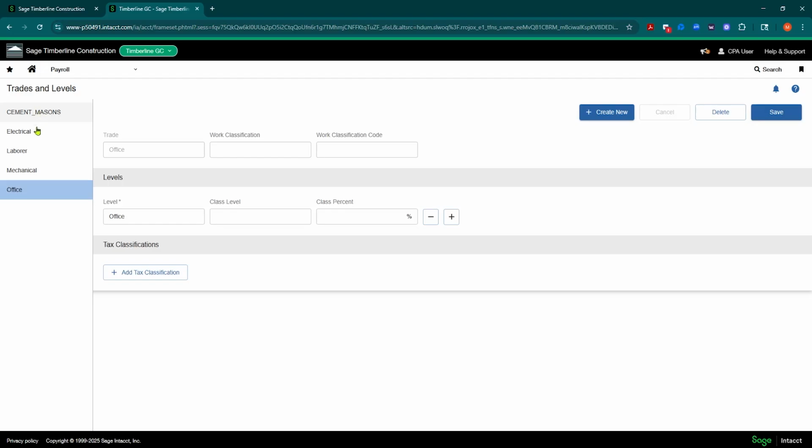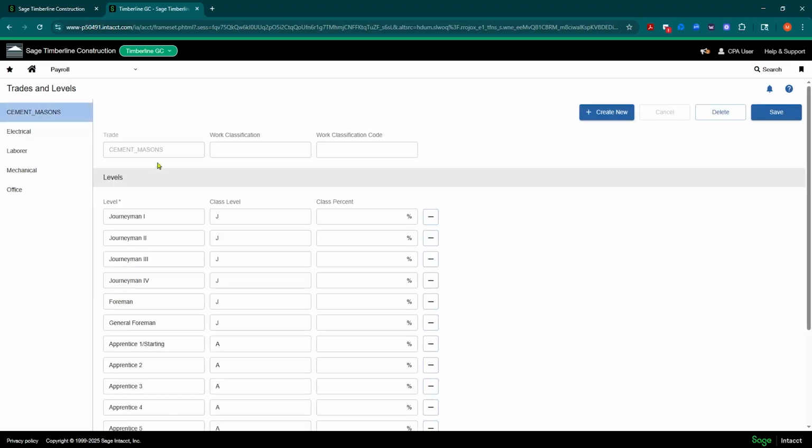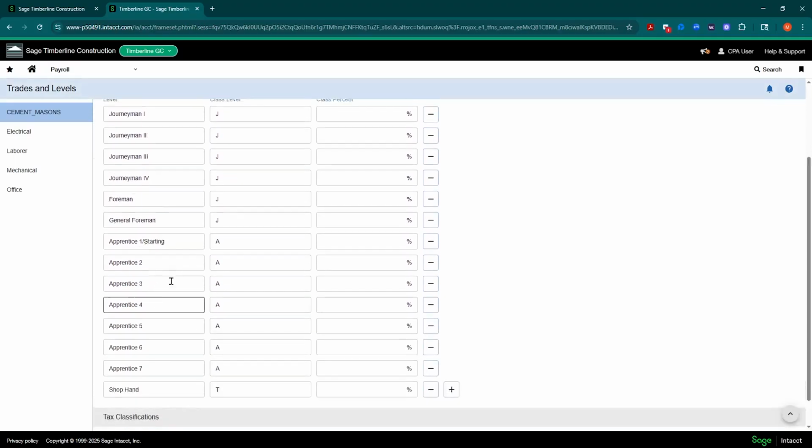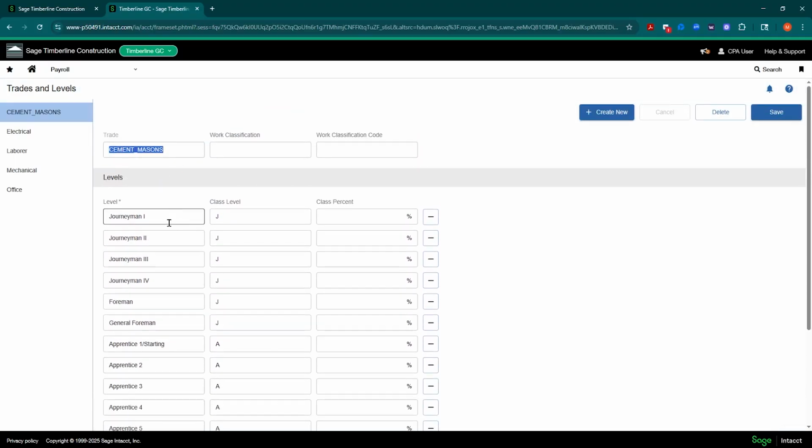But the idea here is for cement masons, that's going to be my trade name. And then what classifications do I potentially have underneath cement masons? You're going to want to list everything, every potential, not just the ones that you have now, but hey, there's a chance we might have apprentice year 2. Let's set up the ID here. So with the trades and levels,